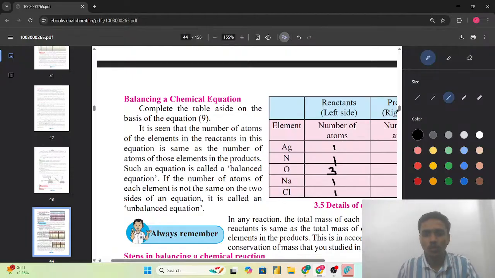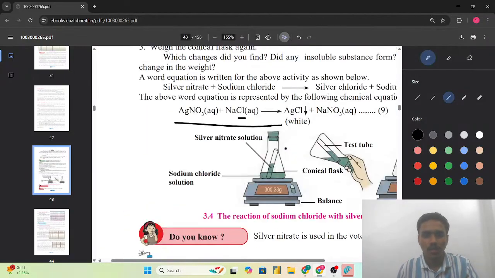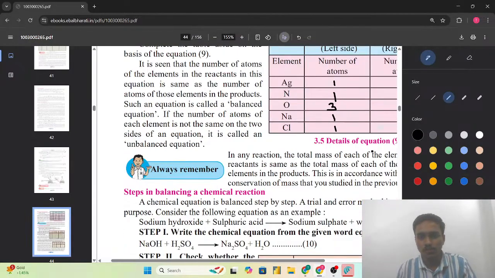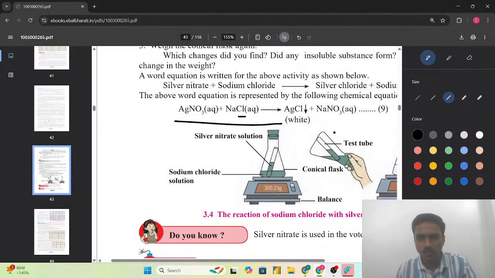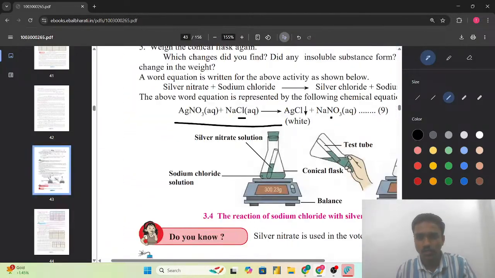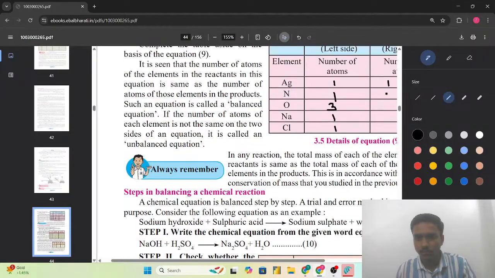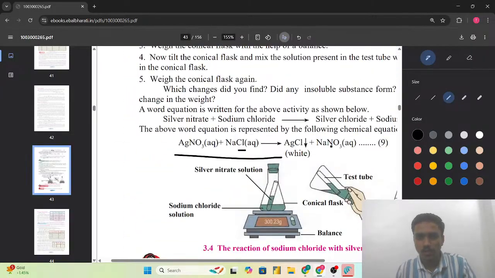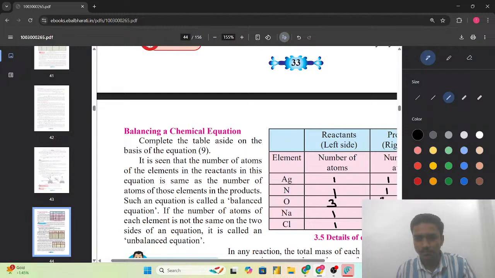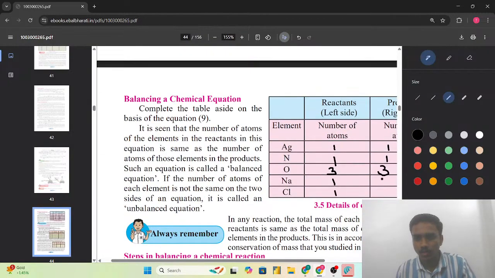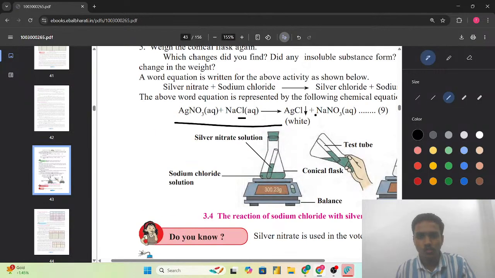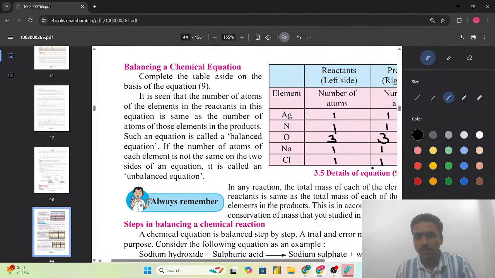So we have to also look about the product. सो प्रोडक्ट कितने हैं? प्रोडक्ट also same, that is silver. How many silver atoms are there in the product side? Silver also we can see here, silver is 1. Then we can see that we have asked about the nitrogen. nitrogen कितने हैं? nitrogen भी एक ही है। So nitrogen again 1. Then we have to see about the oxygen, that is oxygen 3. Then we have to think about the sodium, sodium का एक है, and chlorine, so chlorine एक है।